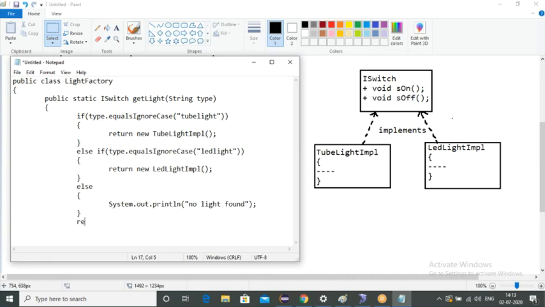I'll close it, then return null, then close, then close. Clear, this is the factory code for this light factory.